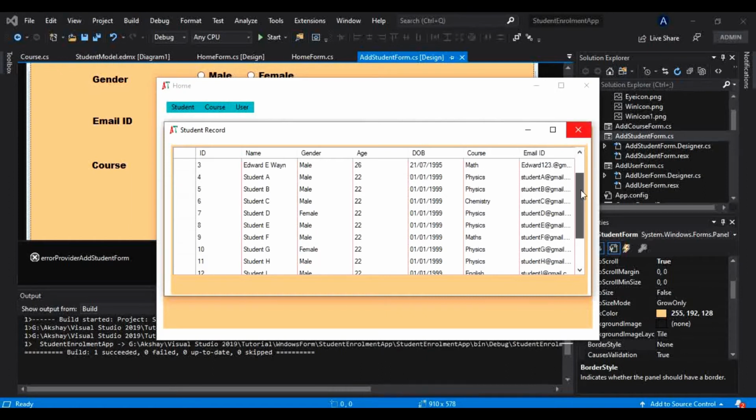So I have added the students here as well. You will notice some of the students I have added already from the database. And why I have done that: in the previous tutorial, if you recollect, I told you we don't have to care whatever number of students or records we are adding to this data grid view. There can be any number of students and records, and the data grid view will automatically take care of that. If it goes beyond the range, it will automatically provide the scroll bar here.